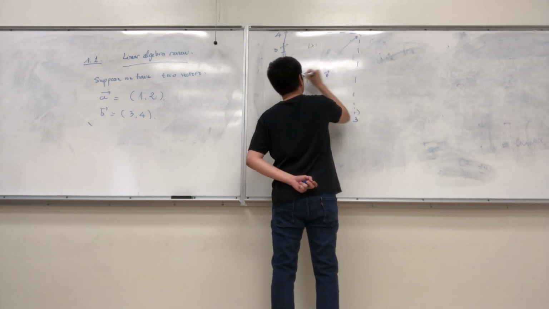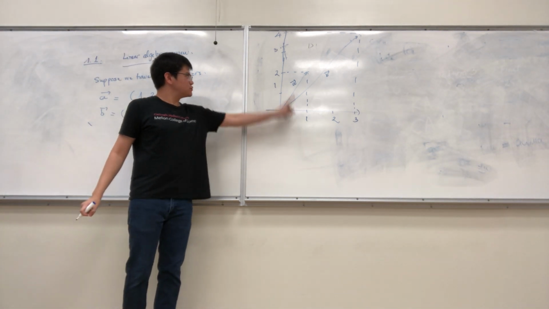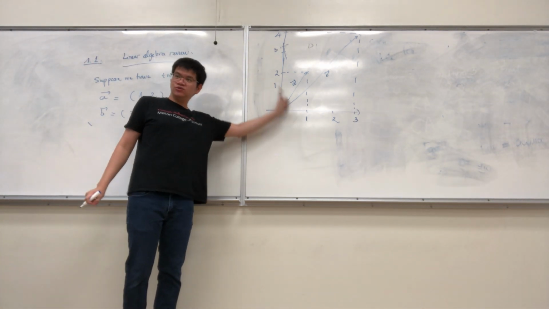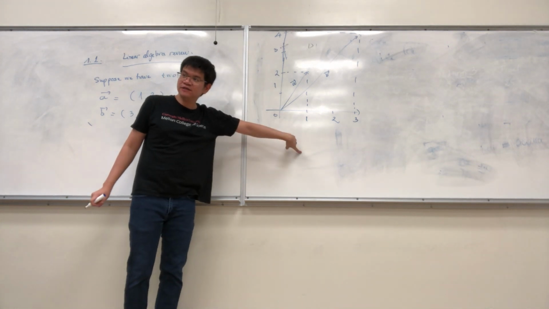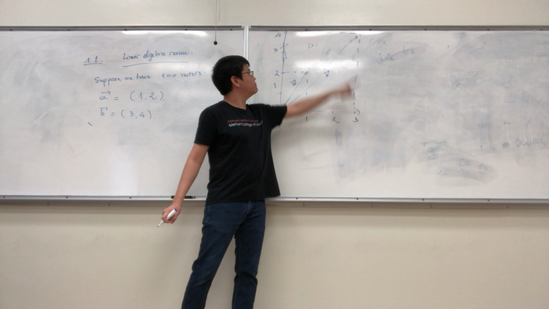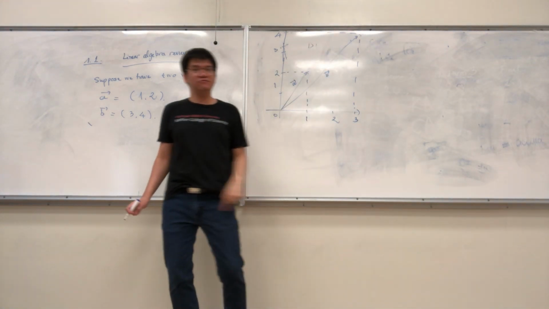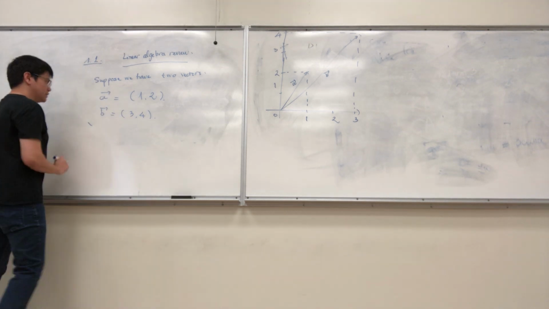This is the second vector, B. So 1, 2 are the coordinates of A, and 3, 4 are the coordinates of B, right? So the inner product